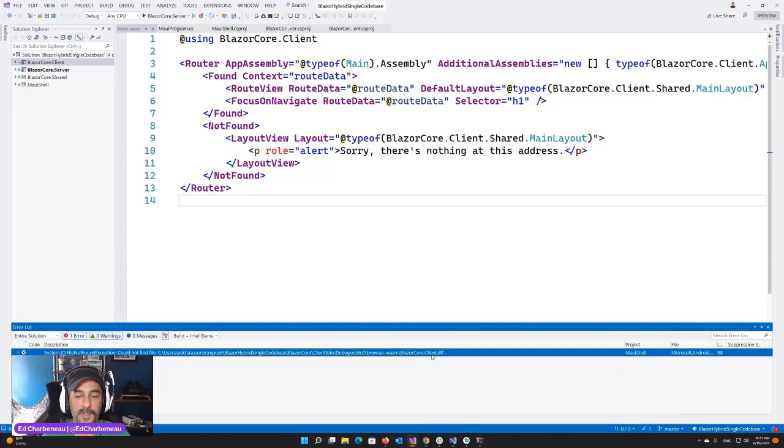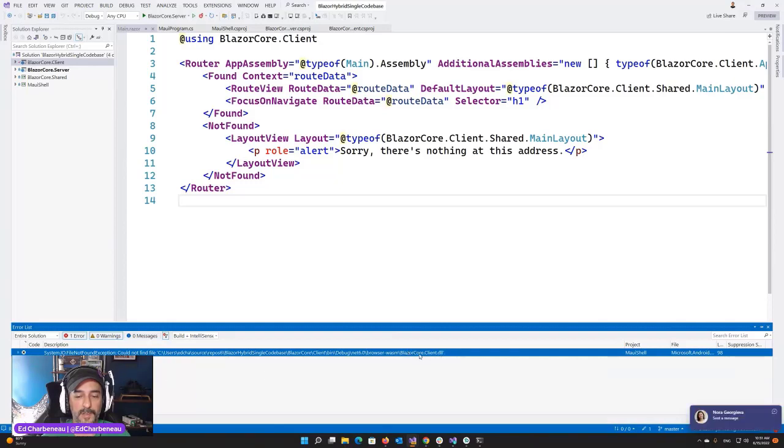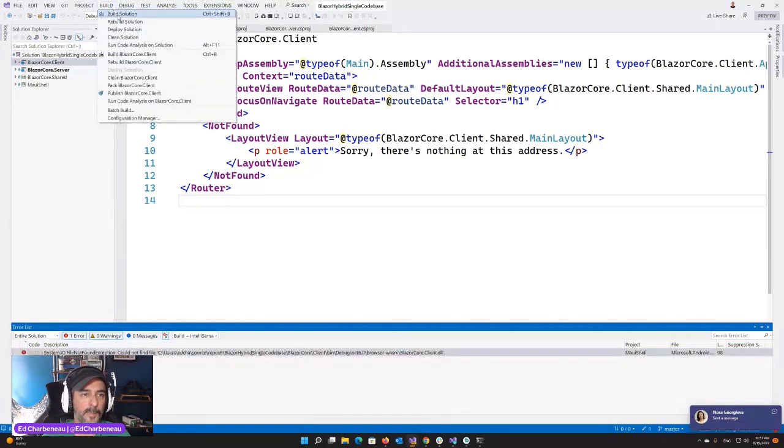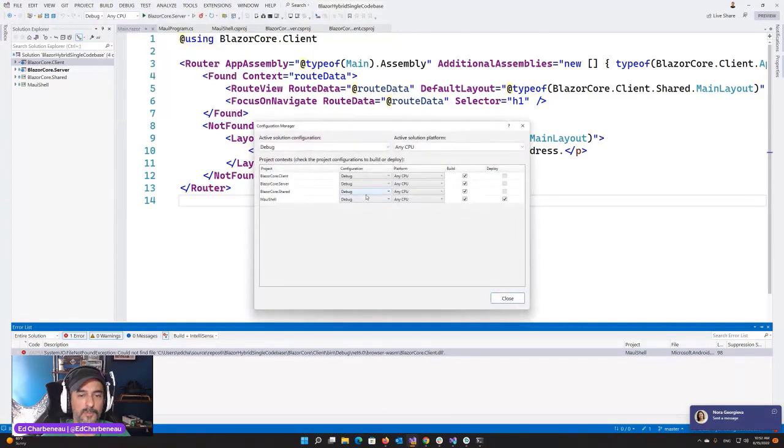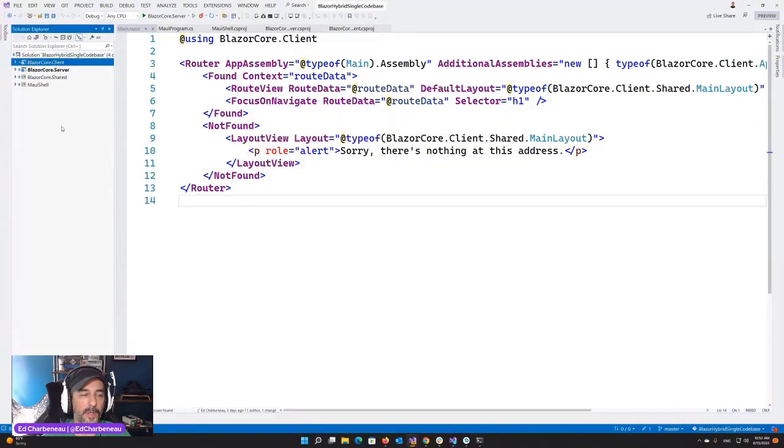So something to do with the way that DLL is being generated. So it may be something in the build configuration here that I wasn't required to set up before. But the point I was trying to make for the show today, we're talking about debugging and testing, is that